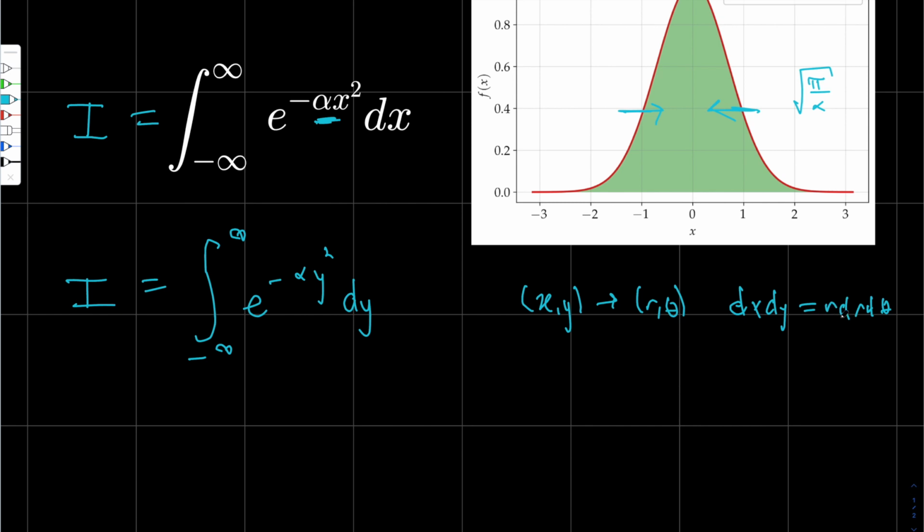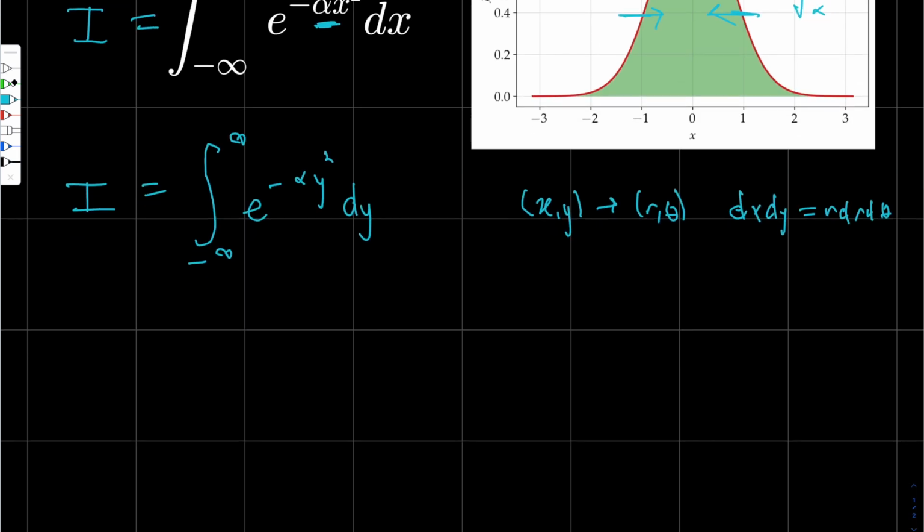And then I'll be able to cross out that issue I had with u sub, where I didn't have that extra x. So that's what I'm going to try to do. I'm going to try and see if I can manipulate this to give me something like that, where I can then use u sub. So I'm going to say I squared is equal now to the integral from minus infinity to